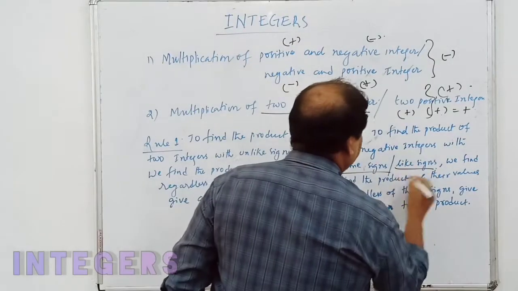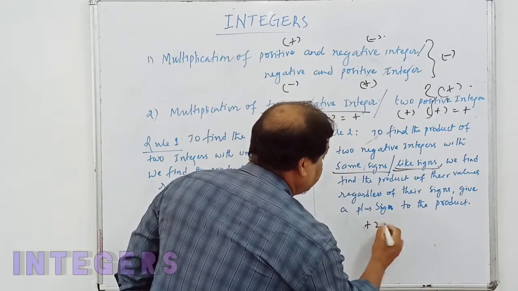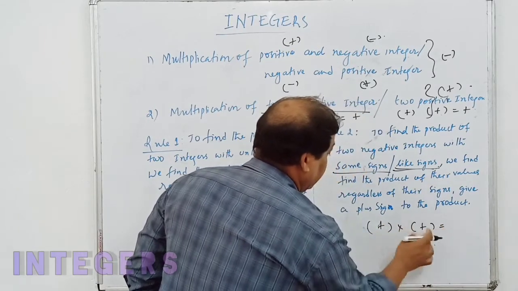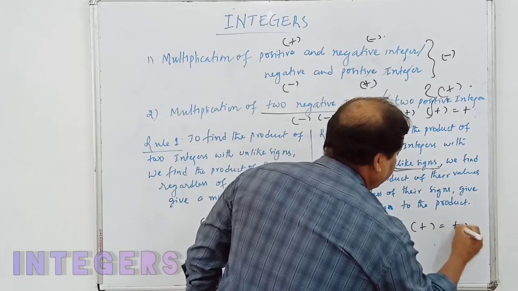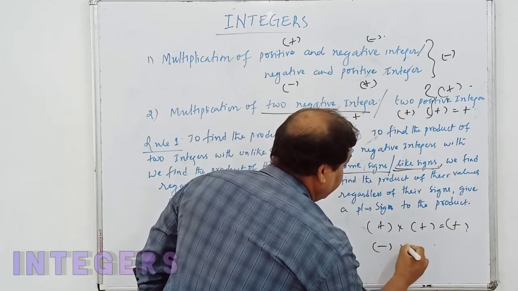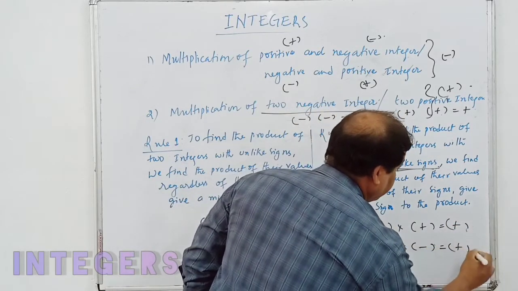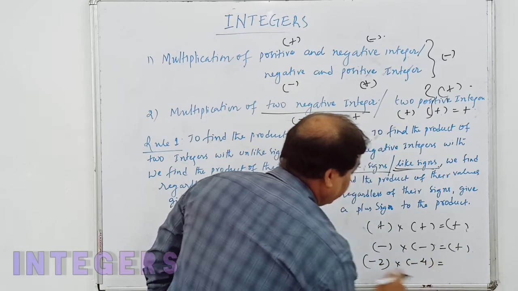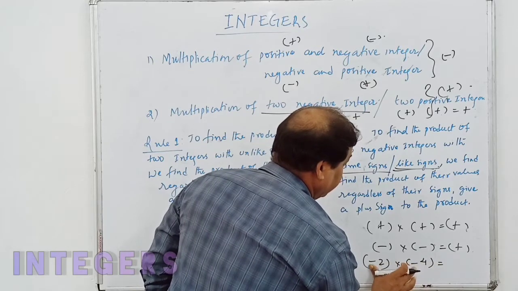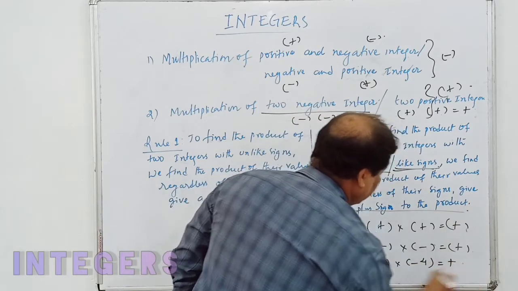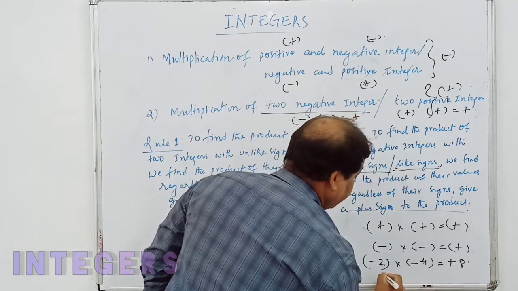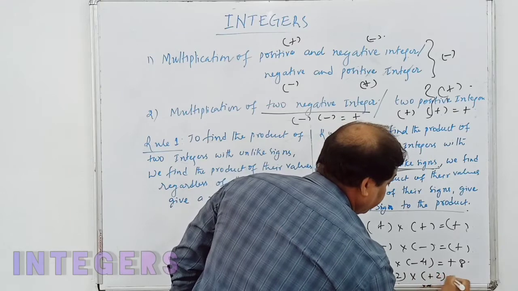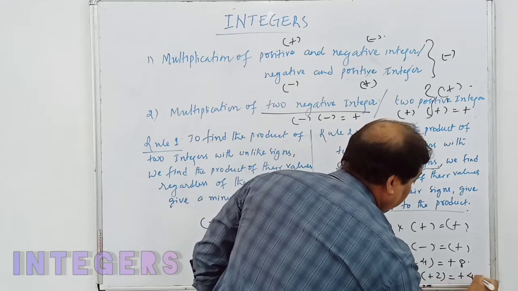Now here same signs, like signs, that is plus 2: plus sign then plus sign. When you multiply these two like signs, it gives a positive sign, and a negative sign then a negative sign gives positive. So one example here: minus 2, then minus 4, negative sign then negative sign. When you multiply this, it gives a positive. 2 4s are 8. Then here a positive integer, here also a positive integer, so positive 2 2s are 4.